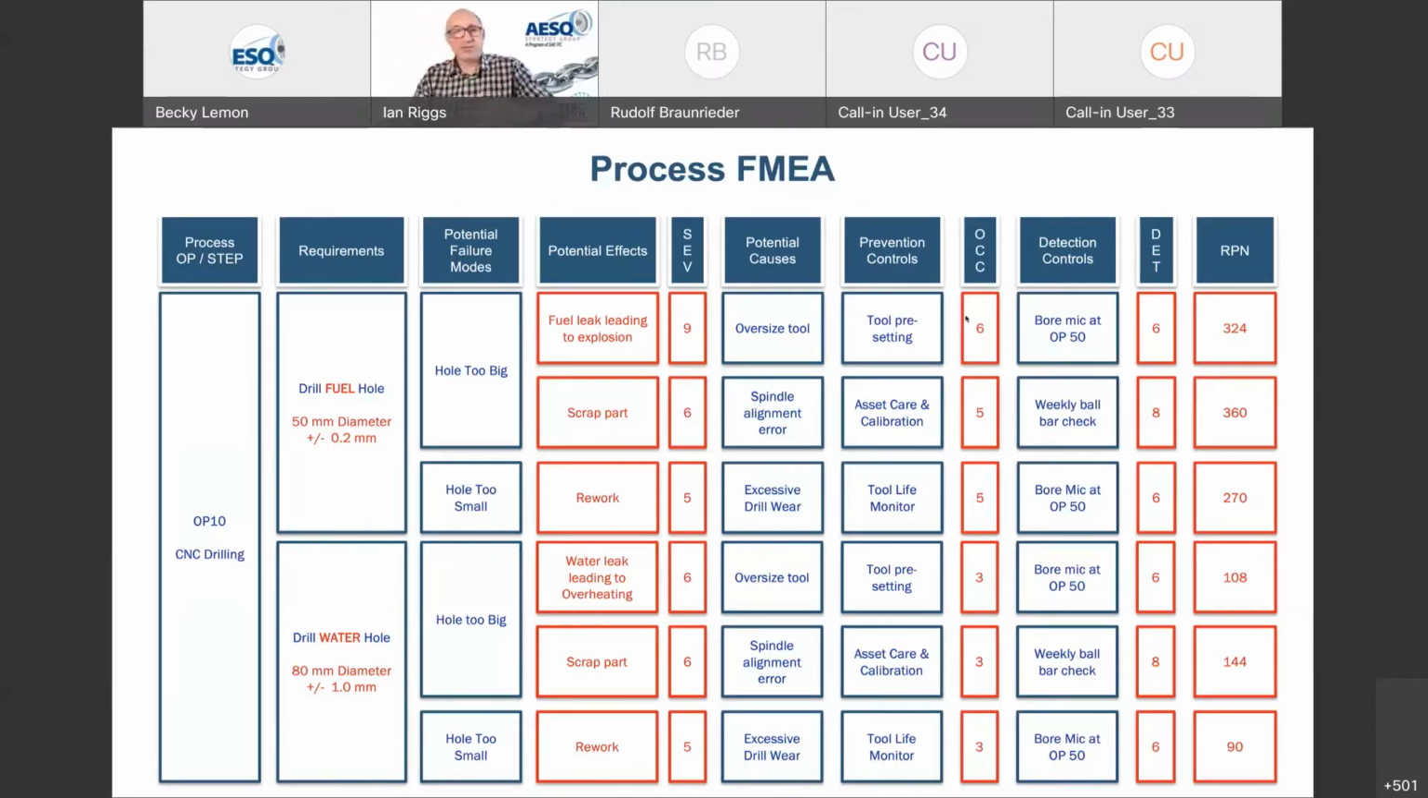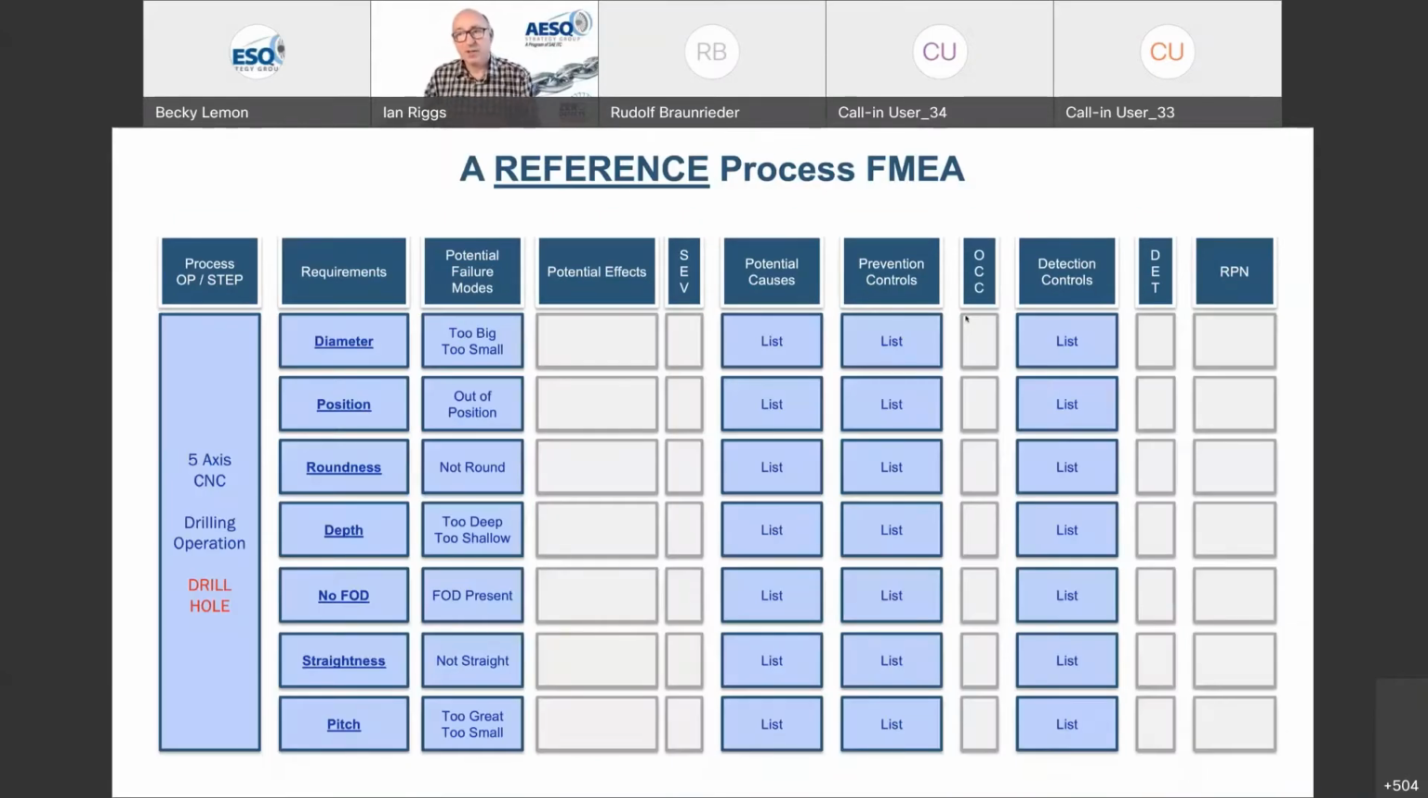So if we understand that, what we can actually do is say, well, how do we take advantage of knowing, once we've done an FMEA on fuel hole diameter, on hole diameter, all of the text that's in blue on there we could use again. So every time we are considering a hole diameter, the bits that are always the same, we can cut and paste and use. Essentially, that's what a reference FMEA is. So for a drilling operation,